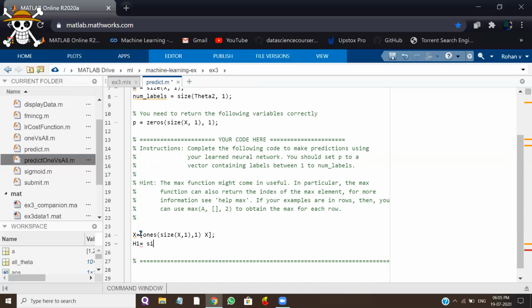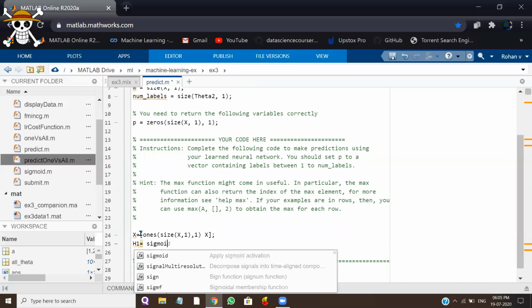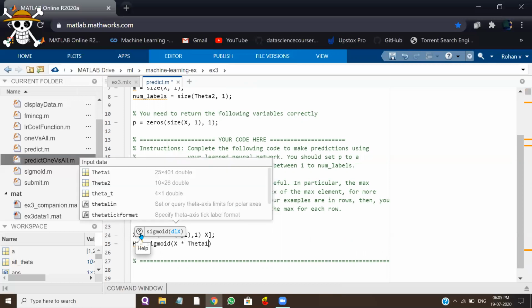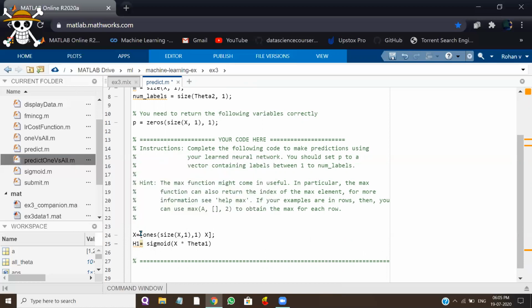The convention in MATLAB is to use capital letters for matrices and vectors, so I'm using a capital letter.